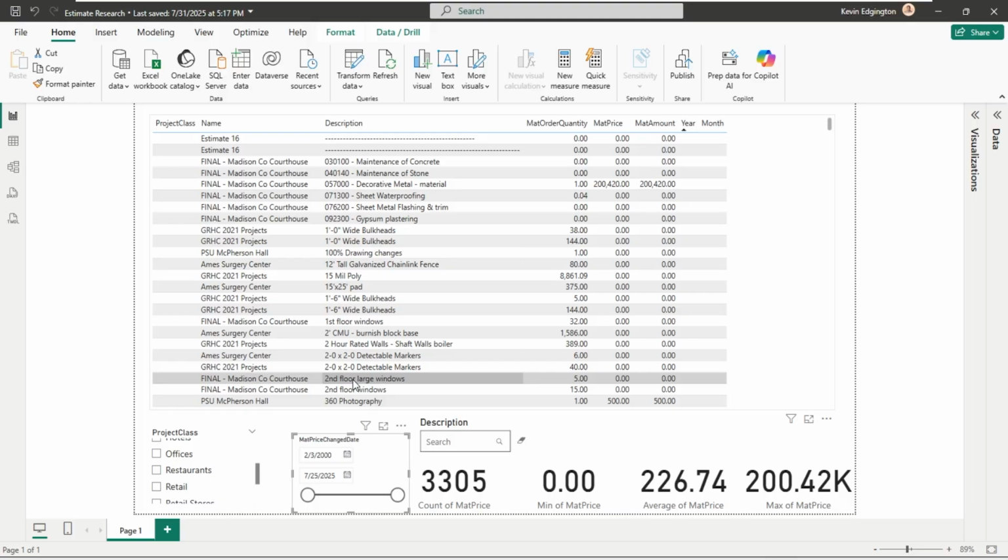So that's basically the report on hand that we're going to take a look at how to build. So if that looks like something of interest, how would I build something like that on my own?